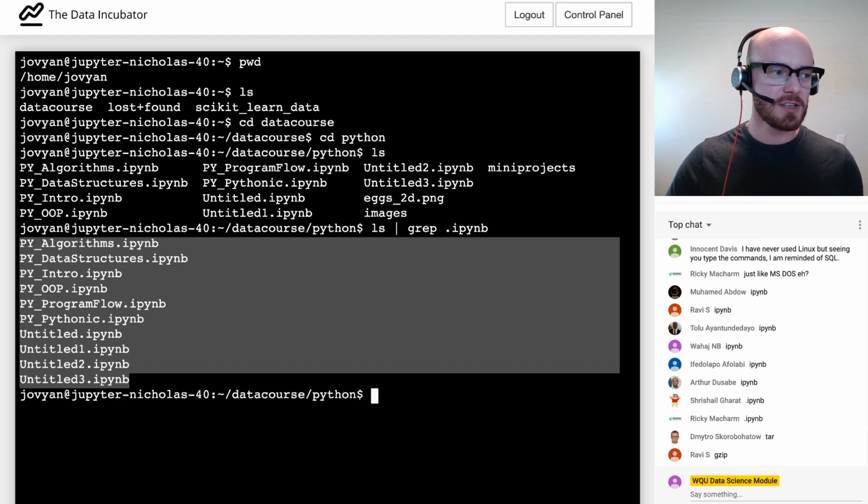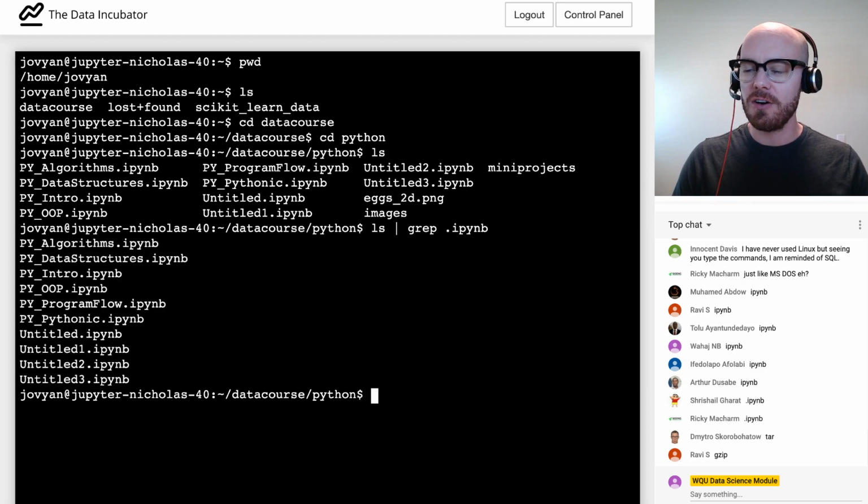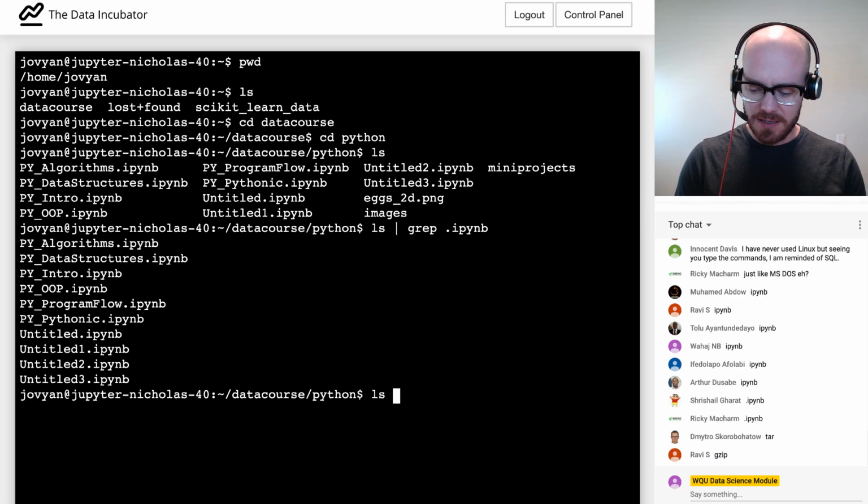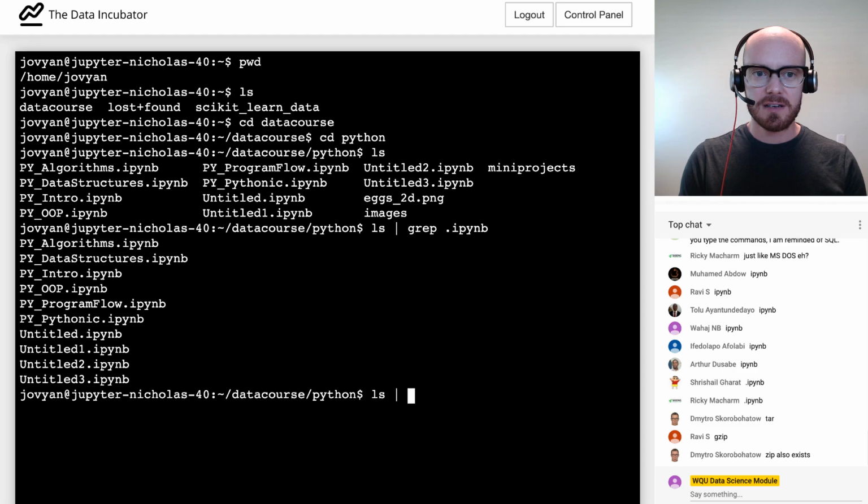I can use gzip, that's true. What I'm actually going to use is a command called zip. Exactly, Dimitro's right. Zip also exists.